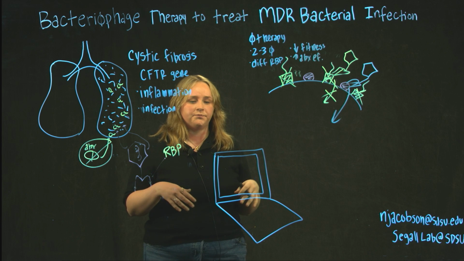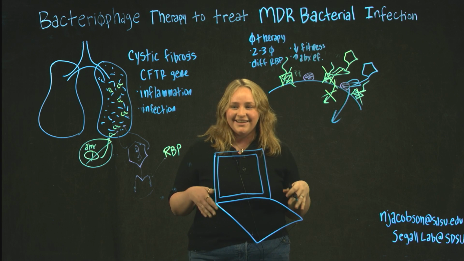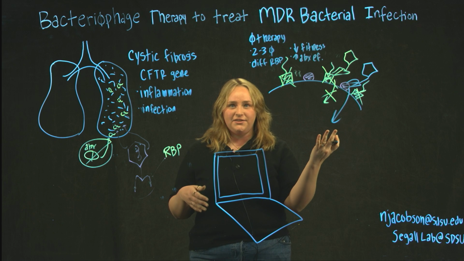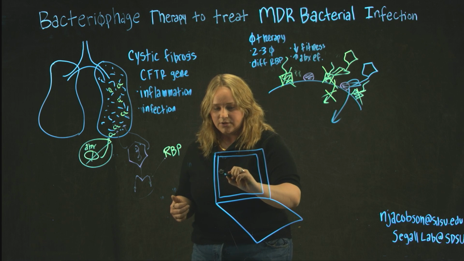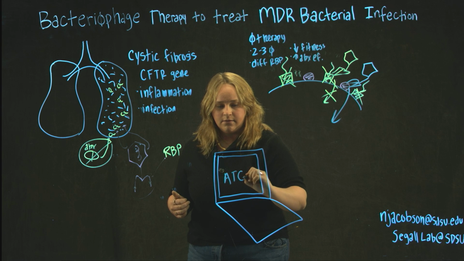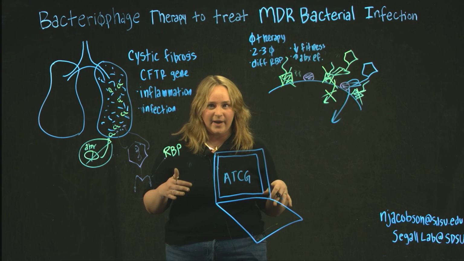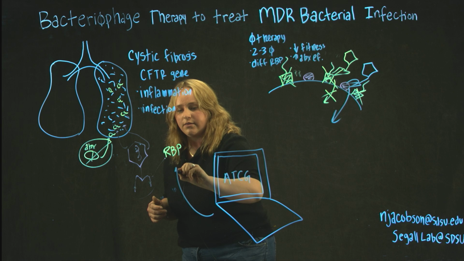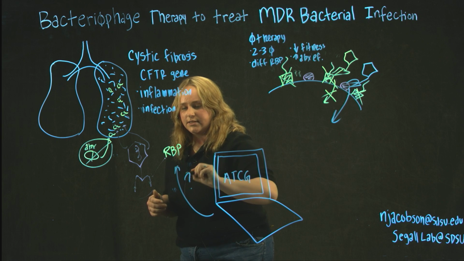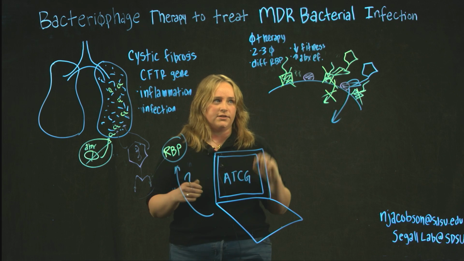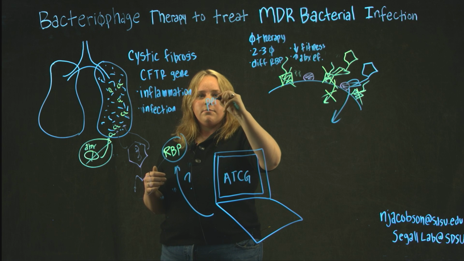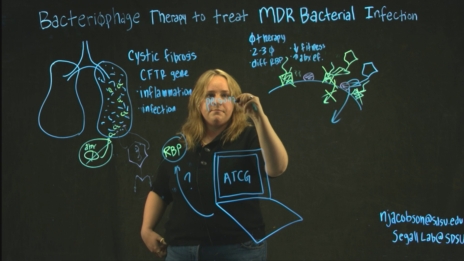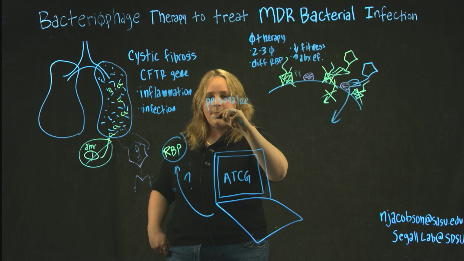So this is all great, but how am I going to find the receptor binding proteins and the cell surface receptors that the phages bind to? I'm going to be using computational methods, such as bioinformatics, to determine what are these receptor binding proteins used by the phage to enter the cell successfully. And this will lead to more personalized medicine,